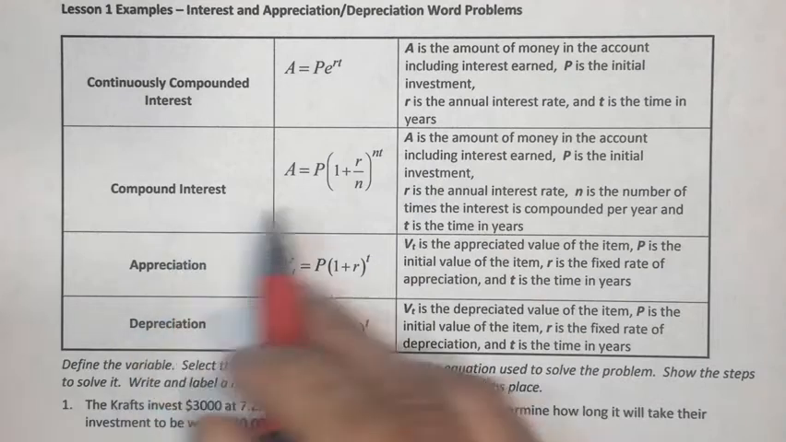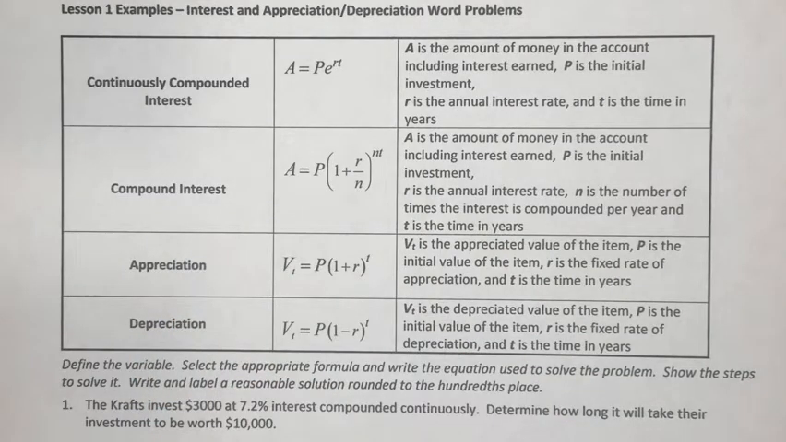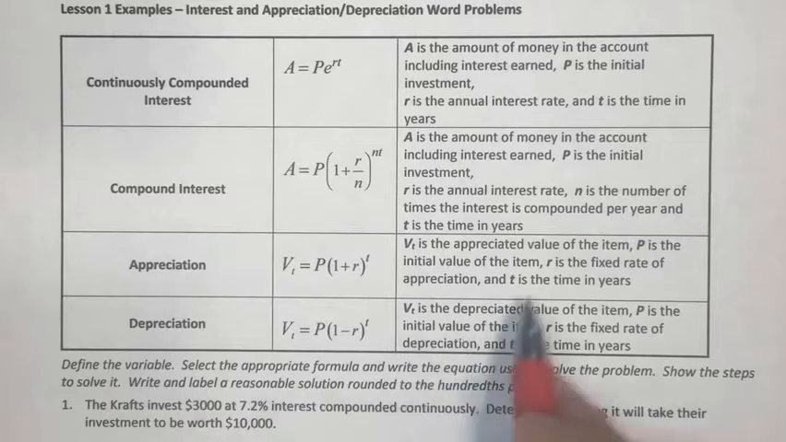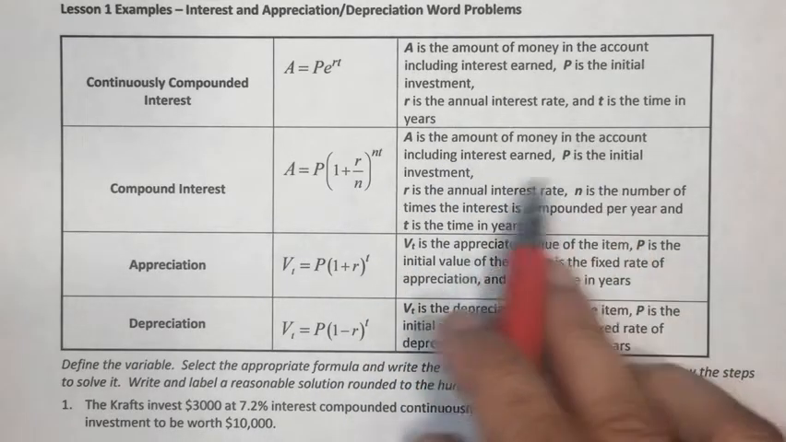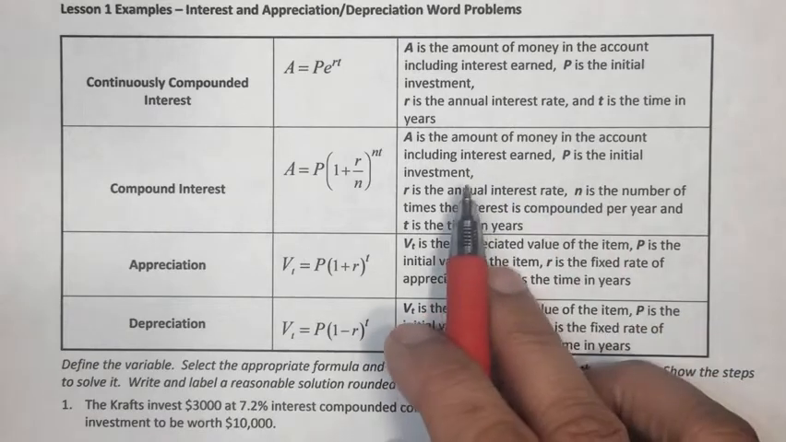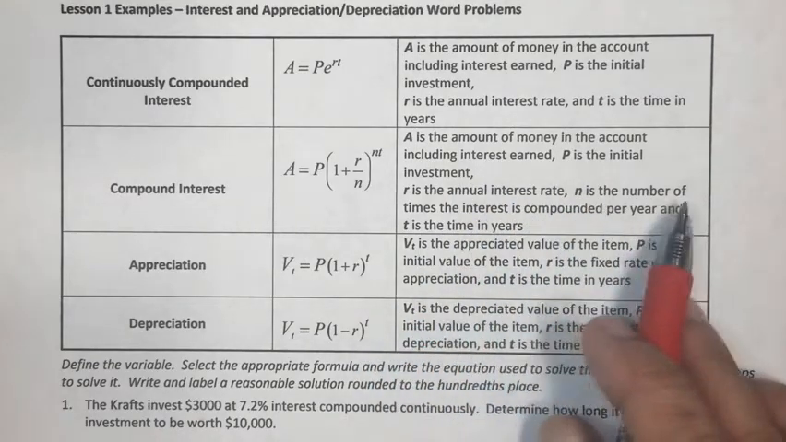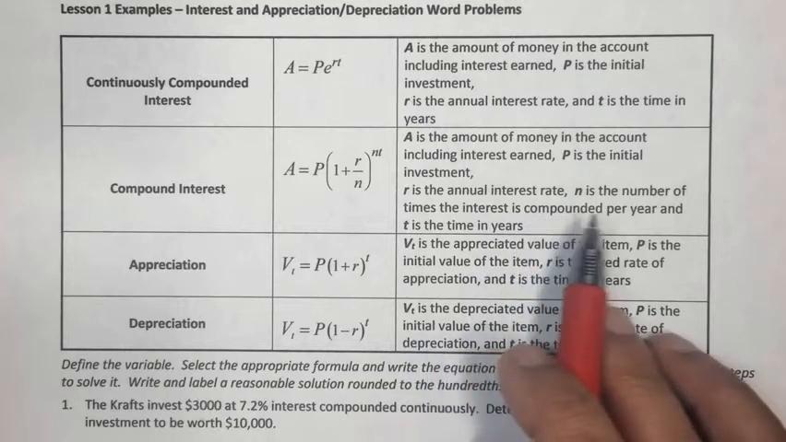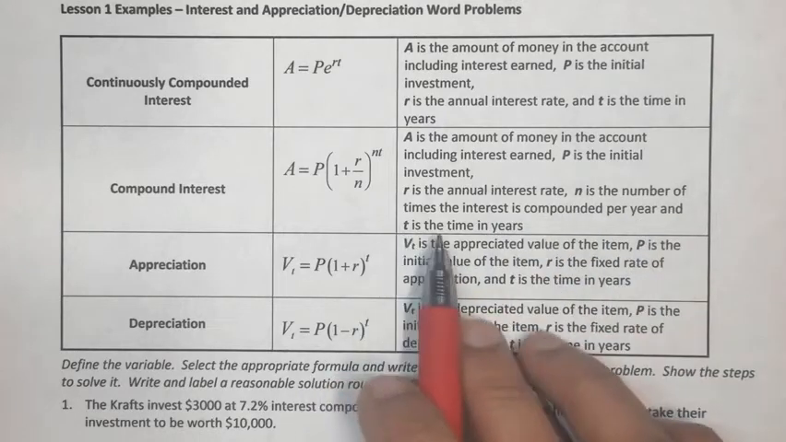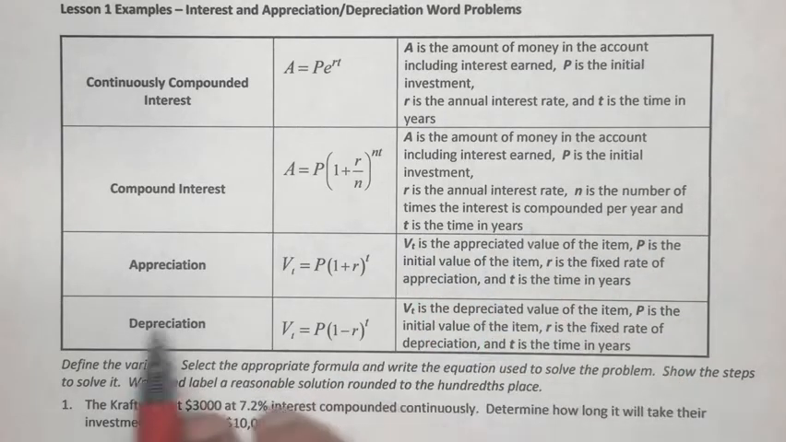Compound interest, A is equal to P times 1 plus R over N to the power of NT. A is the amount of money in the account including interest earned, P is the initial investment, R is the annual interest rate, N is the number of times the interest is compounded per year, and T is the time in years. Appreciation,